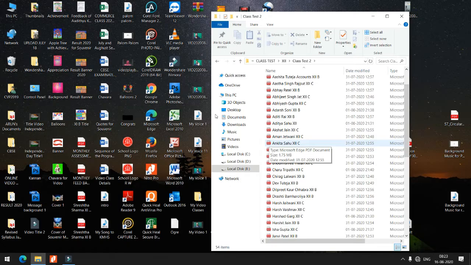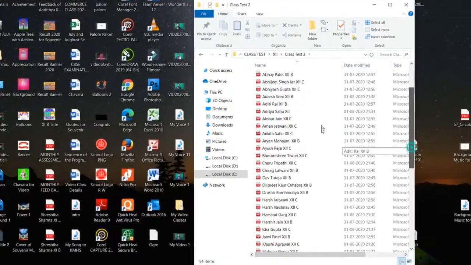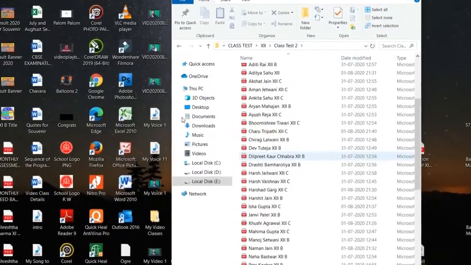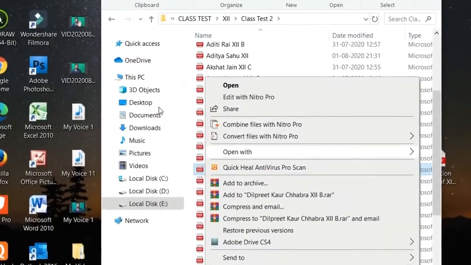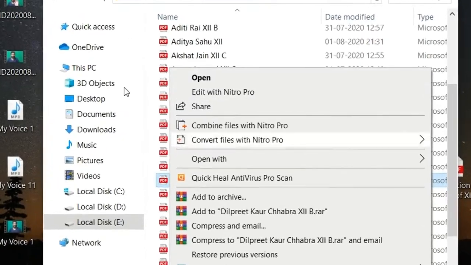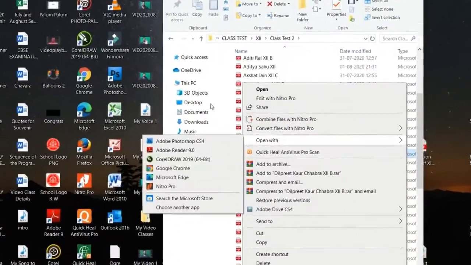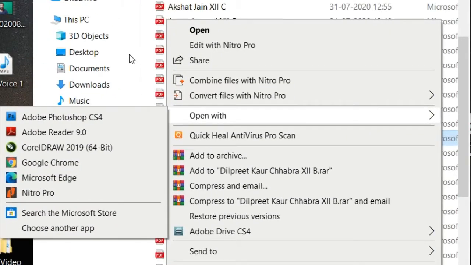See, don't open directly in PDF reader. So what to do? Whatever file or PDF sheet you have to check, on that file, click the right button. Then from the dropdown menu, you can see Open with. When you keep the cursor on Open with, you will get different options. If you have already downloaded Microsoft Edge, you can see that also, and click on Microsoft Edge. When you click on Microsoft Edge, the page will open in Microsoft Edge, not in the PDF reader.